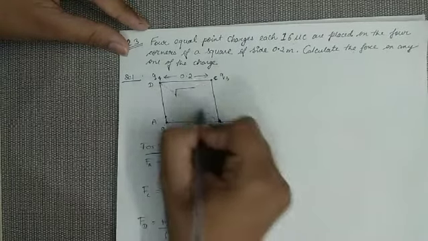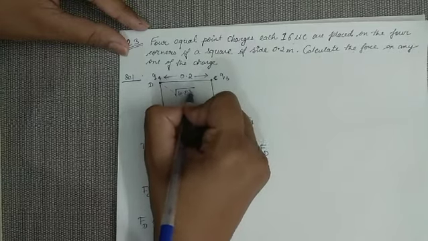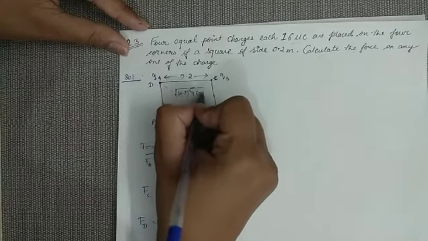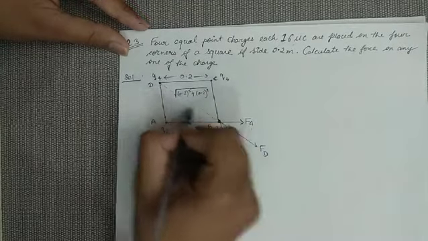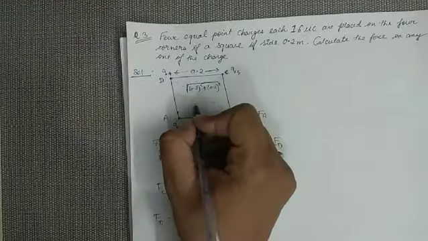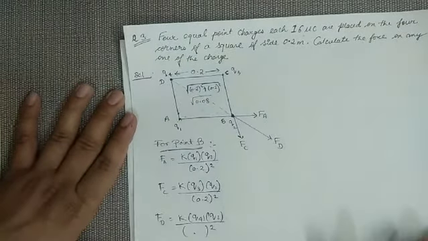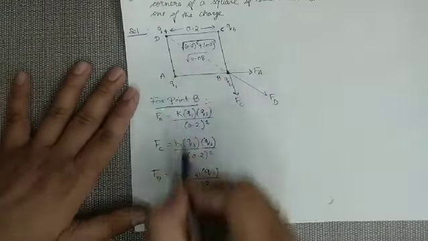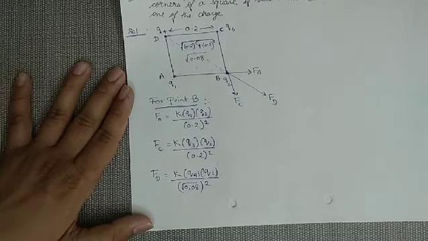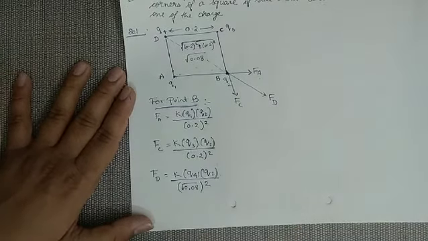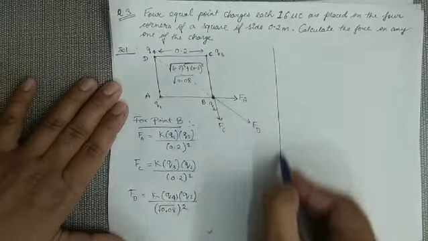So this is a hypotenuse part. Hypotenuse is the square root of perpendicular squared plus base squared, that is 0.2 square plus 0.2 square. On solving these two quantities, you will get the diagonal. Your diagonal will be something about 0.08. So substitute this value, that is root of 0.08. So these are the three forces which are going to act on B, and we have to find the net force.